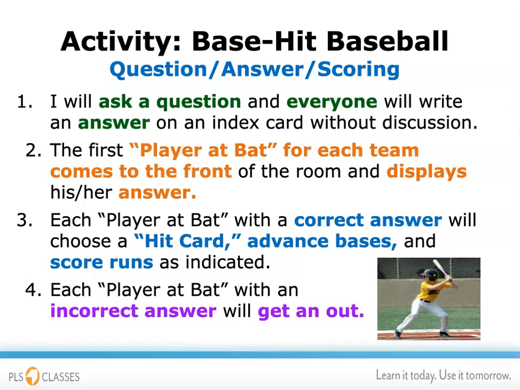If any of the players at bat have the correct answer, that player at bat will pick a hit card. The player at bat advances his or her player at bat card to the correct position, single, double, triple, or home run, posting the player at bat name on that team's scoreboard. If this advancement drives in a home run, or if a home run card is picked, then a run is marked on that team's scoreboard. If the answer is incorrect, an out is marked on that team's scoreboard.